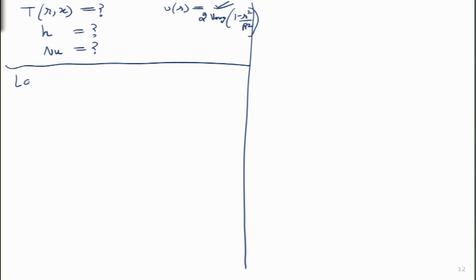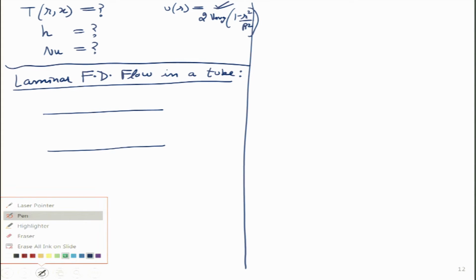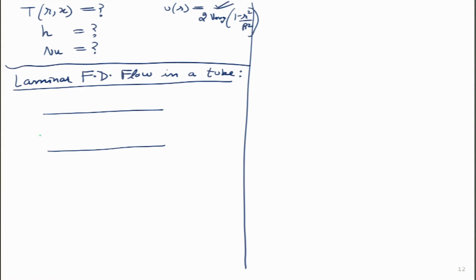The flow has to be laminar, and it has to be a fully developed flow flowing inside a tube or a pipe. So, let me create the background for that. So, we have a heated pipe which is heating the fluid flowing inside it. I will put the coordinate system over here. So, this is my x direction, this is r direction, the radius of the pipe is capital R,